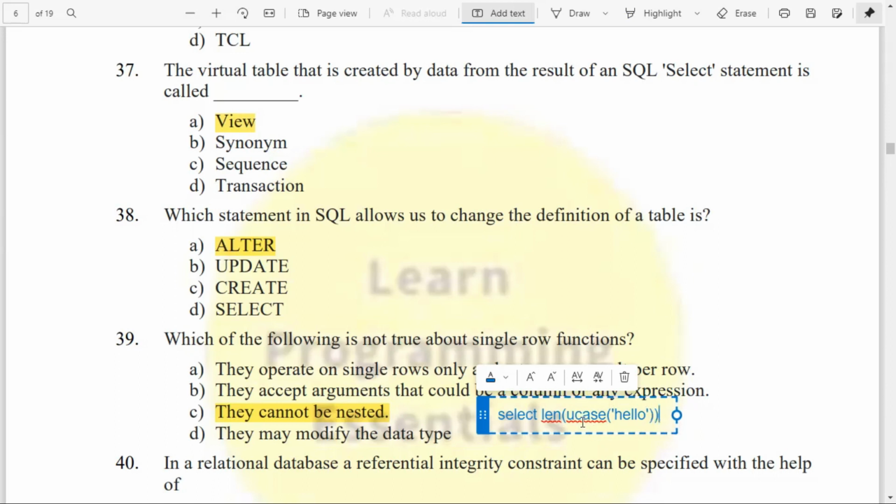You can write it this way, a function inside a single row function, opened inside another function. This is called a nested function. That is, a function inside another function is called a nested function. So the inner function will be evaluated first, after that the outer function will be evaluated. So nesting is possible with single row functions, and they are saying that they cannot be nested. That is a wrong statement.